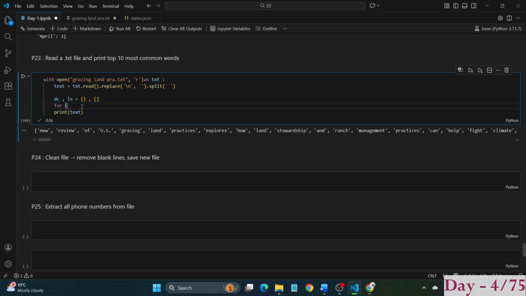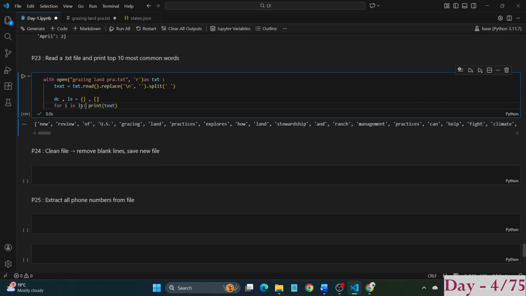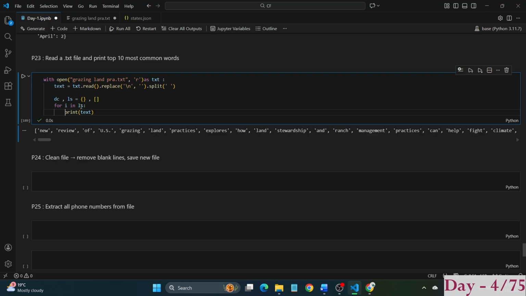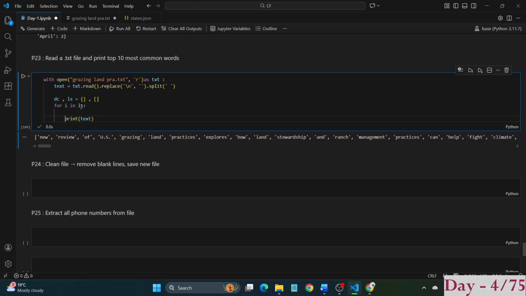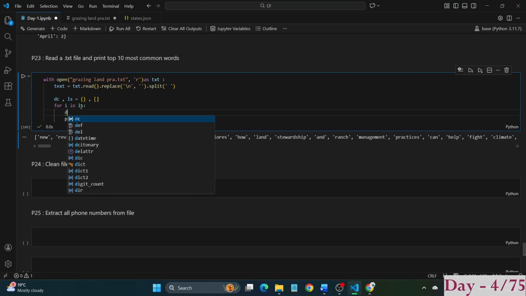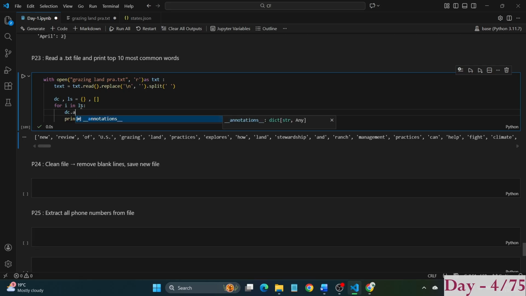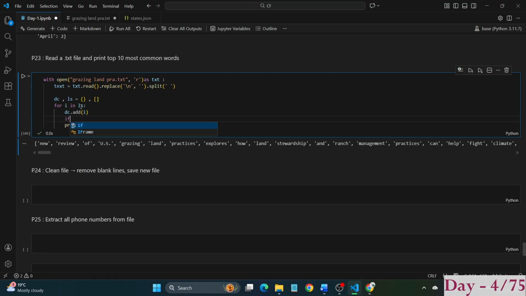For every element in the text, what we're going to do is first keep it as a dictionary. So dc dot add. First, I'm going to add it. If this key is,